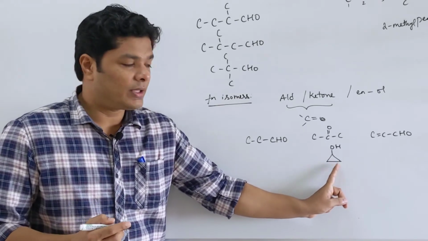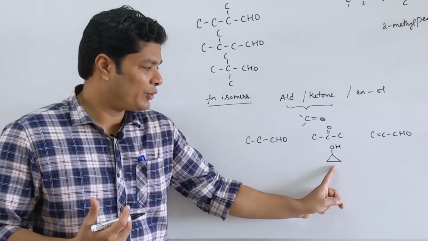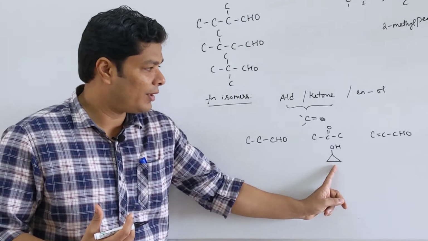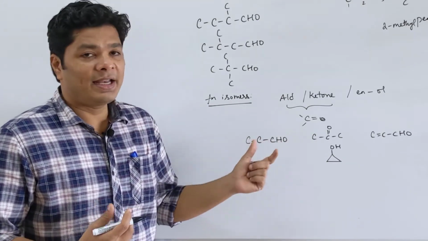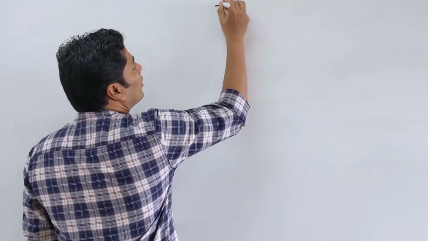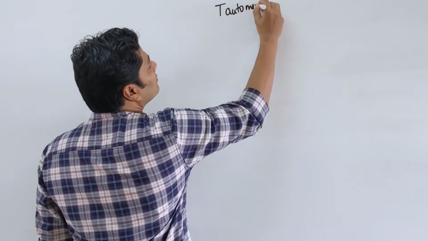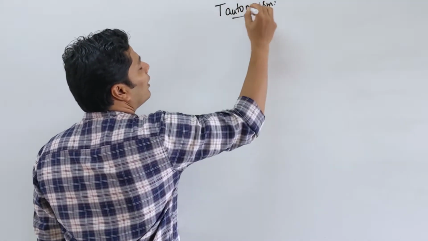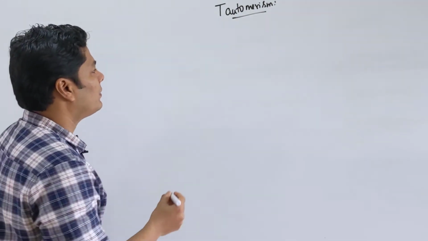If you are not familiar with the degree of unsaturation, I have done a previous lecture separately for that. So make sure you go see there. We don't want to keep it over here. Okay, these are the ways functional isomerism works out in your aldehydes and ketones. The next isomerism we are going to see is tautomerism in aldehydes and ketones. Tautomerism has been done in a separate lecture. We will see a brief recap of how tautomerism works out.